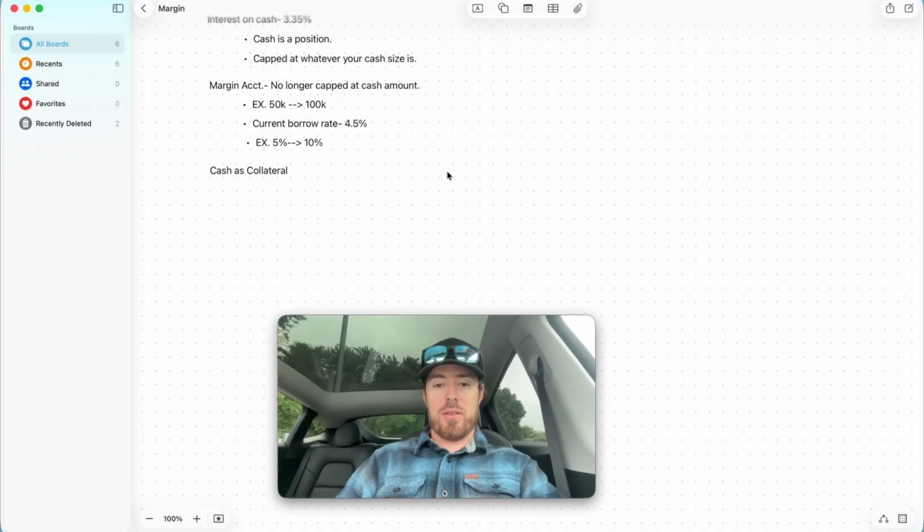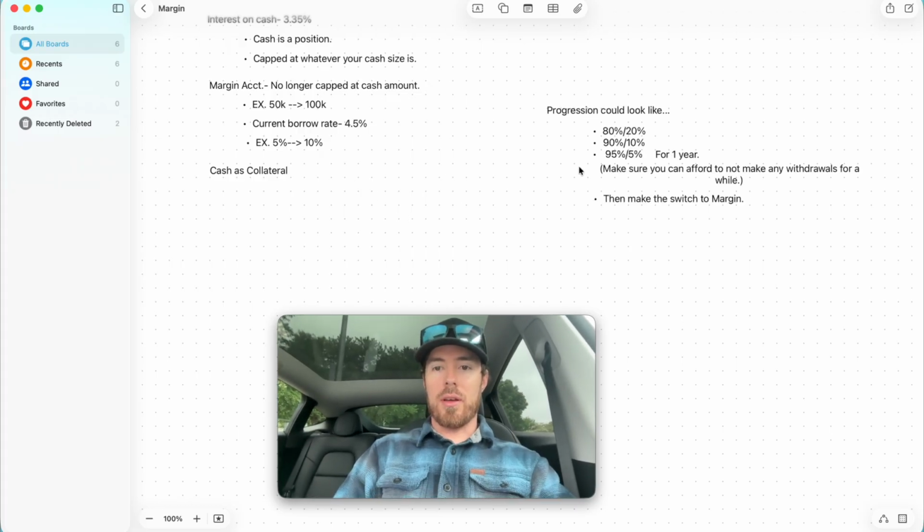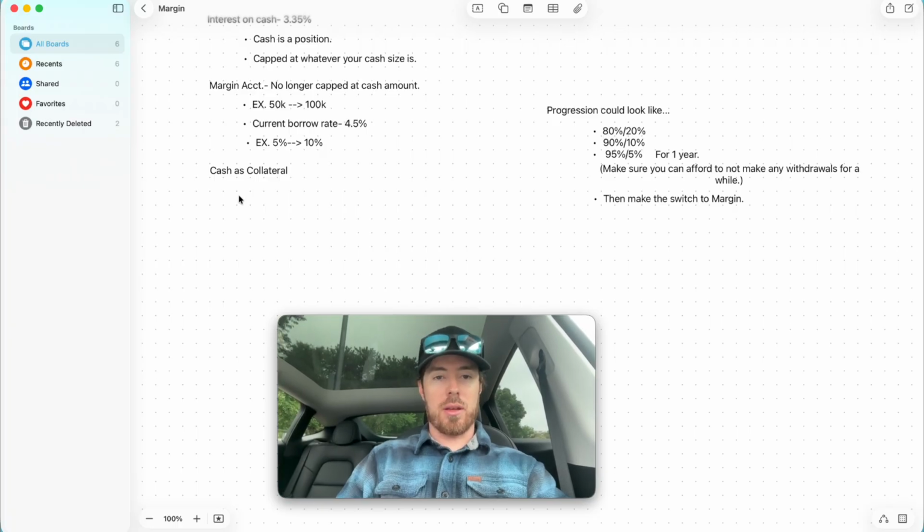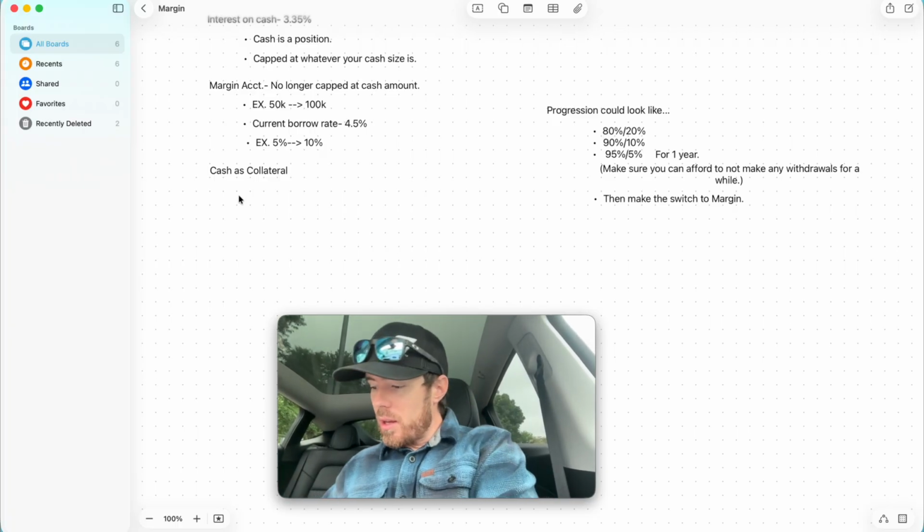So to wait around an entire year for $50 at 5%, when you could be getting $500, is like I said earlier, ridiculous. But all right, so now that you have a visual of what that progression could look like, let's go ahead and talk about